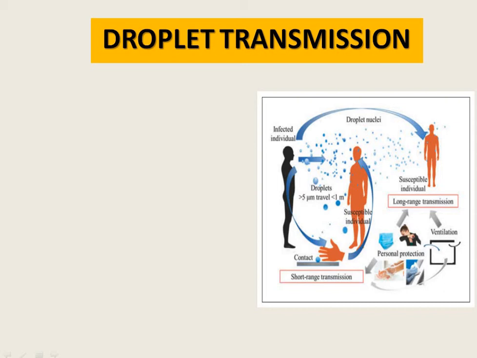Also, how can we prevent it? We can prevent it, number one, by using ventilation. If you have good cross ventilation, there is a lesser risk, as the air will carry away the infection or the droplets, and they will not remain in the same area. Secondly, by using personal protection like masks, hand washing and antiseptic precautions, gloves, so that they will decrease the droplet infection and we can avoid the infection in people.